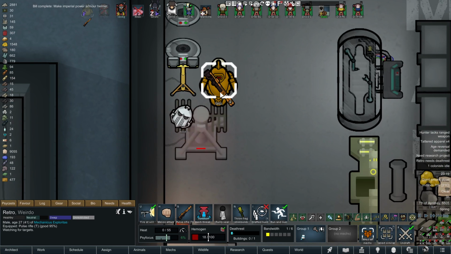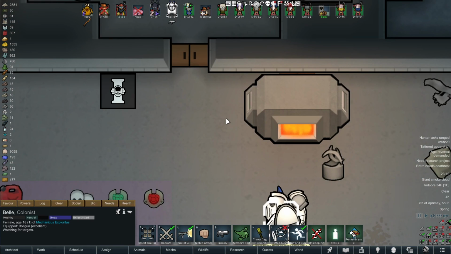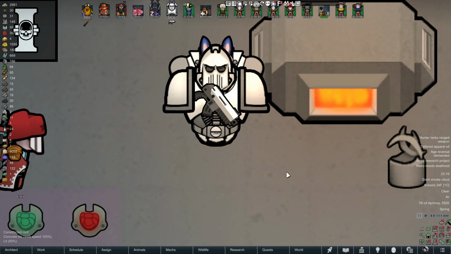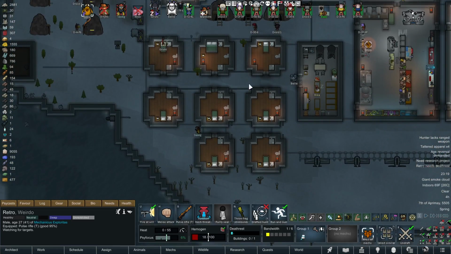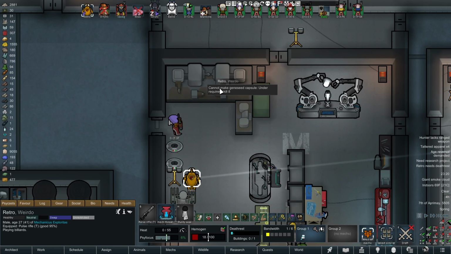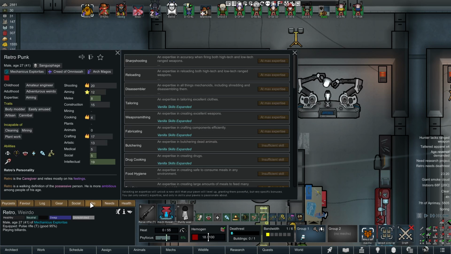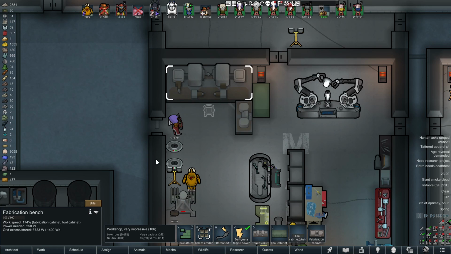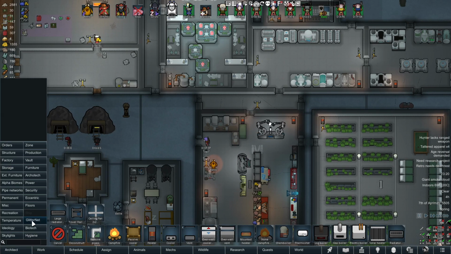Okay, so we do have the helmet. Here, I've made it. You may as well wear it. Oh man, even I think this is cursed. Alright, so Retro, what I would really like you to do is... He can't make Gene Seed. What skill do you need, dude? Seriously, what skill do you need? Medical 8, Intellectual 12, Crafting 10. All he needs is Medical 8. So, what we're gonna do...